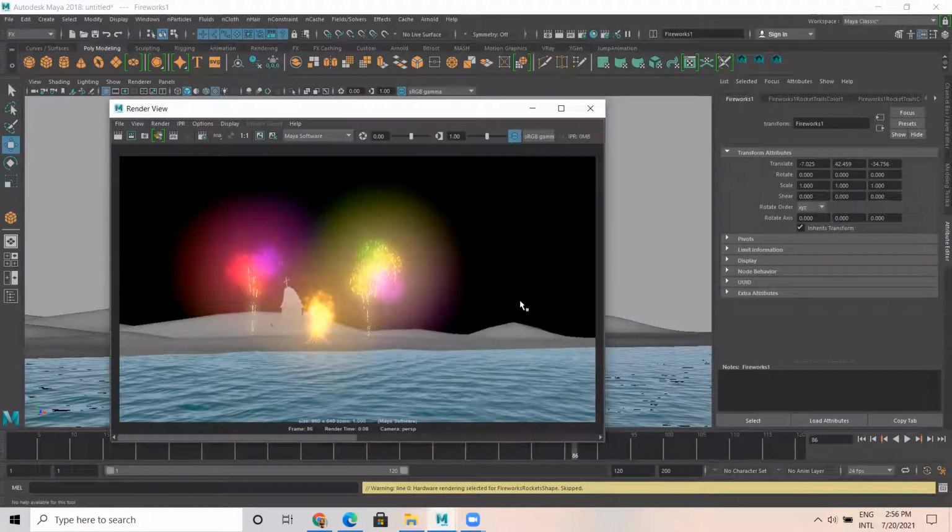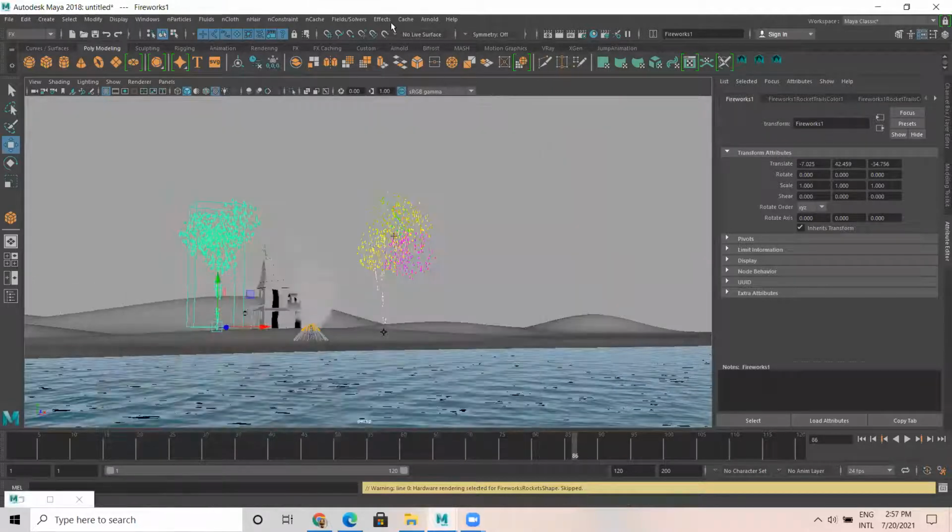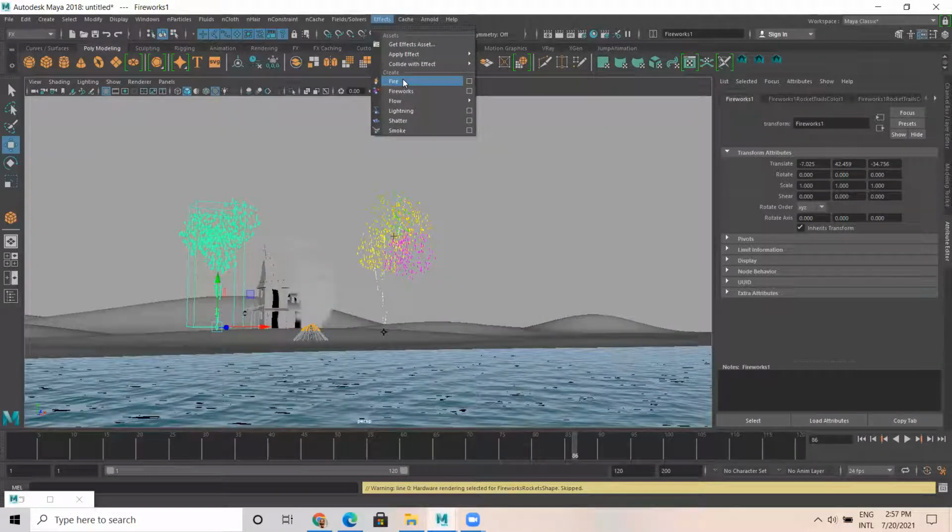Okay. So just think, if you have done a proper texturing for this particular scene and proper lighting, the entire scene would look really great. Okay. It's already, under this effects, you have fireworks, all these are ready. So we have another thing, curve flow and all. We can create like volcanoes, all those and all we can create. We'll see that.